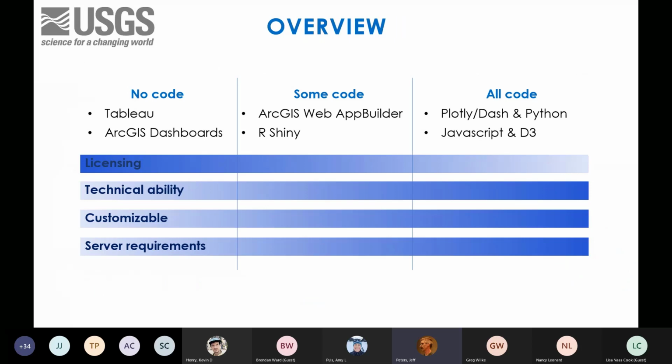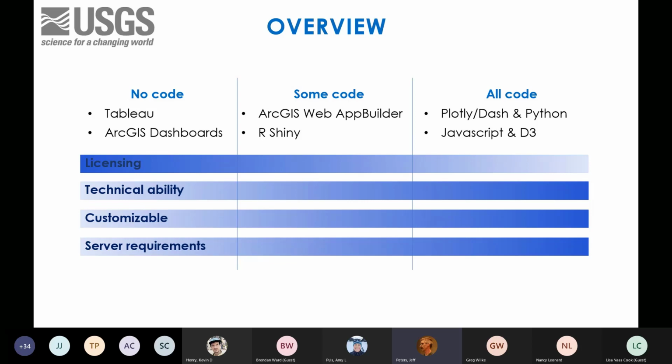So here's an overview of what we'll be showing you and how Kevin and I like to categorize these platforms when we're considering which ones to use. So I fall into the no-code category. I'm not a programmer really, although I can program, but I'll be showing you some examples using Tableau and ArcGIS dashboards.